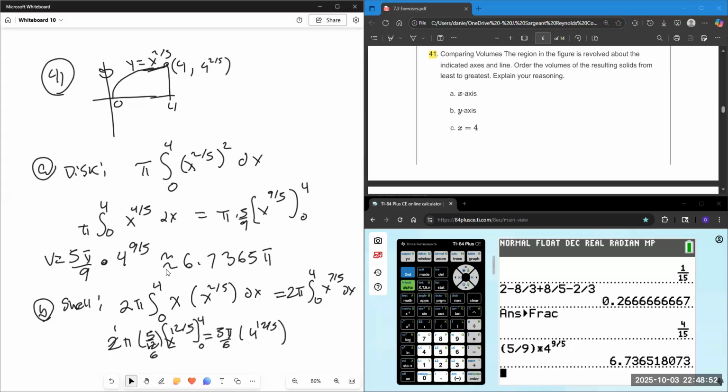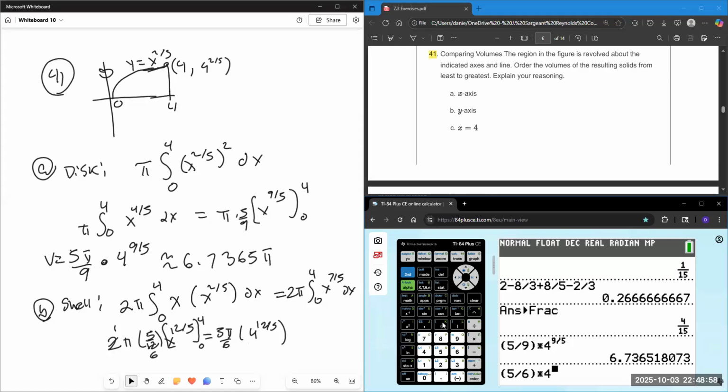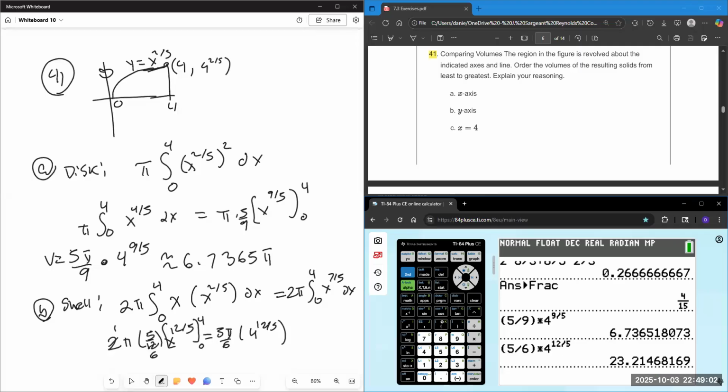So this is 5/6 times 4 to the 12/5, which is approximately 23.2147 pi cubic units,